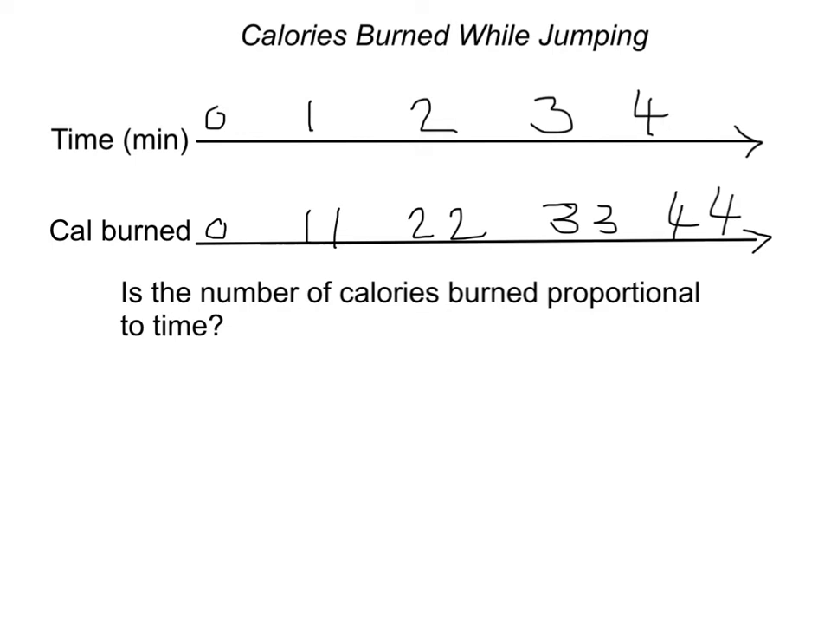Hi class. Here's the problem that we ended our last session with when we were talking about proportional relationships. We looked at time and calories burned and we said, is the number of calories burned proportional to time? In other words, is there some constant number that we can multiply time by to get the calories burned? And you said yes. That number would be